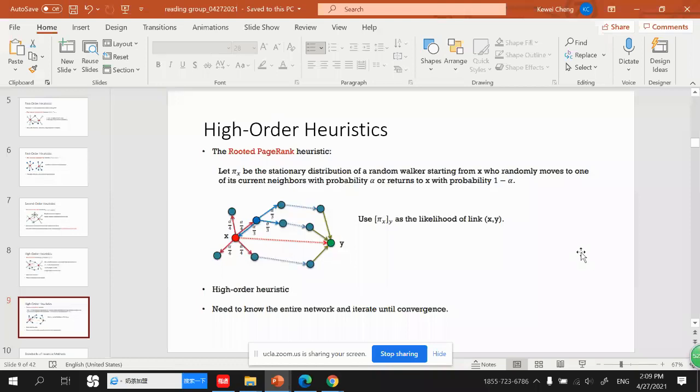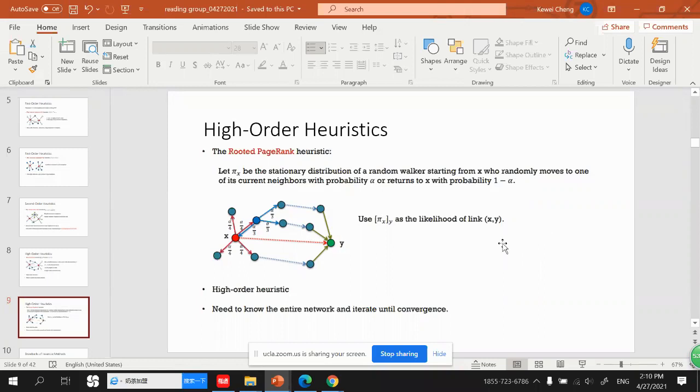So rooted PageRank is also a high order heuristic method. We need to know the entire network and iterate until convergence in order to achieve